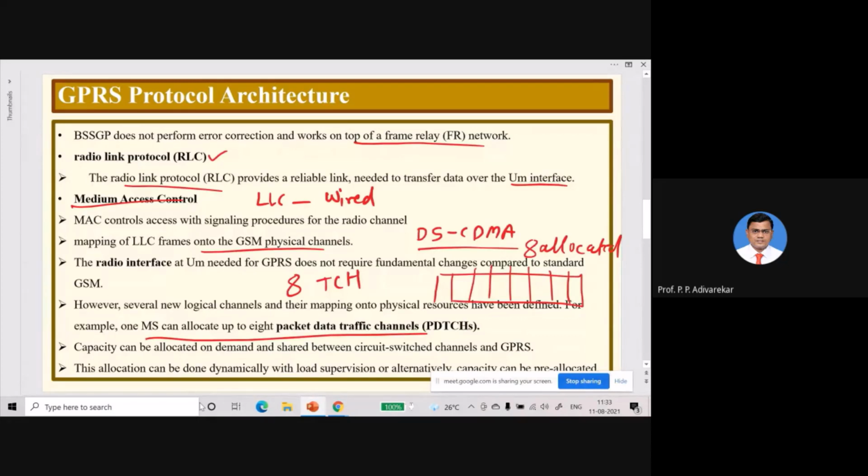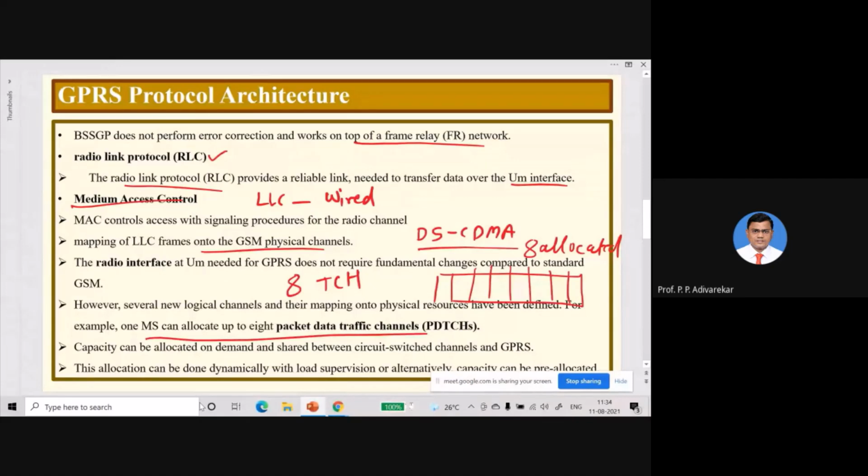Okay, so this is all about GPRS. In the first part we saw the general architecture, which shows the new components that have been introduced, like SGSN and GGSN, which are nothing but routers. To support these new components, new protocols like GTP, SNDCP and BSSGP were introduced, which help in transforming external packet data into a format understandable by the internal network. So this is all about GPRS.